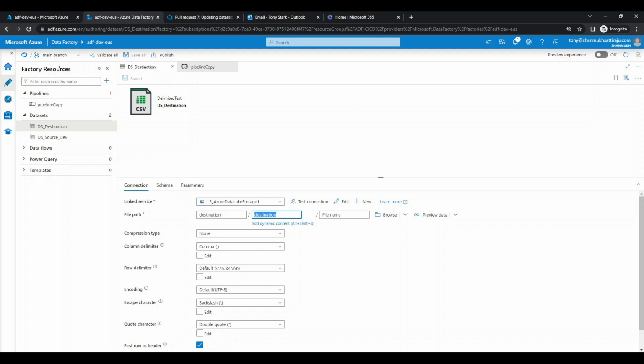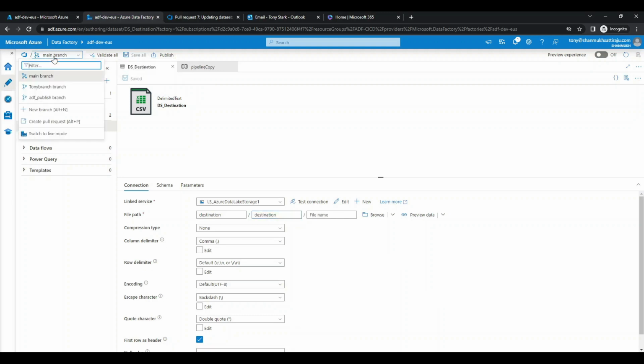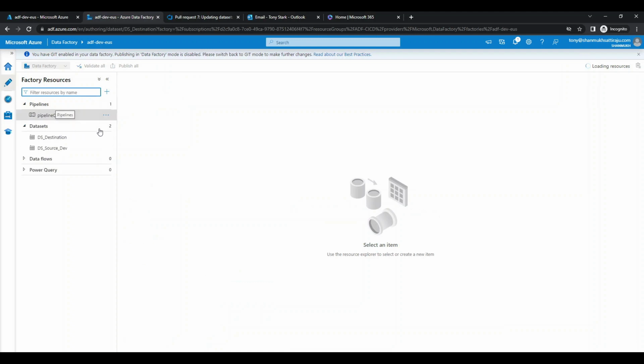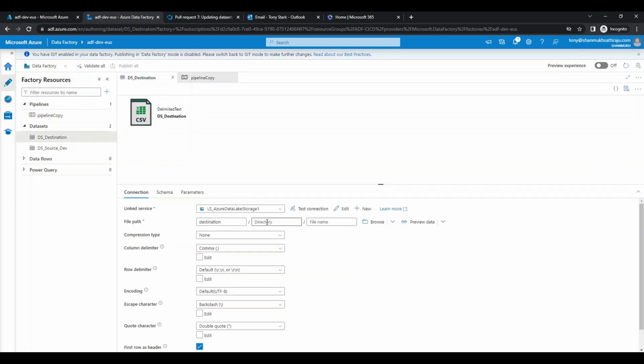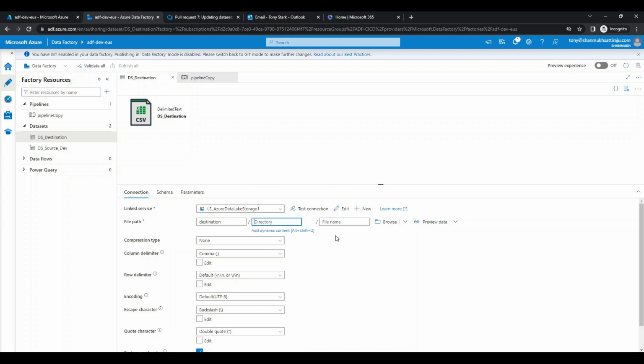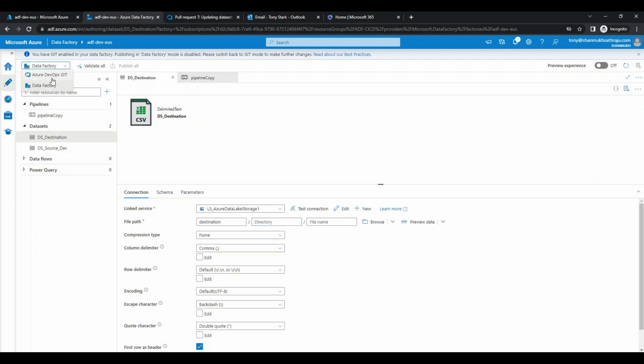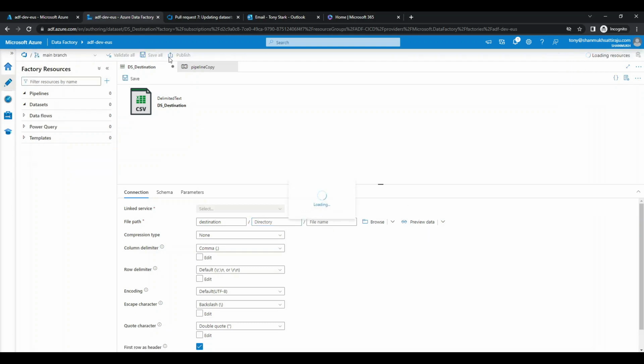Now we need to click on the publish option here so that all the changes will be merged to the live branch. And we can see switch to the live mode, and currently we can only see the pipeline, but when we go to the data set we are not seeing any changes made by Tony here. It's because we didn't do a publish. So all we need to do is go to the main branch and click